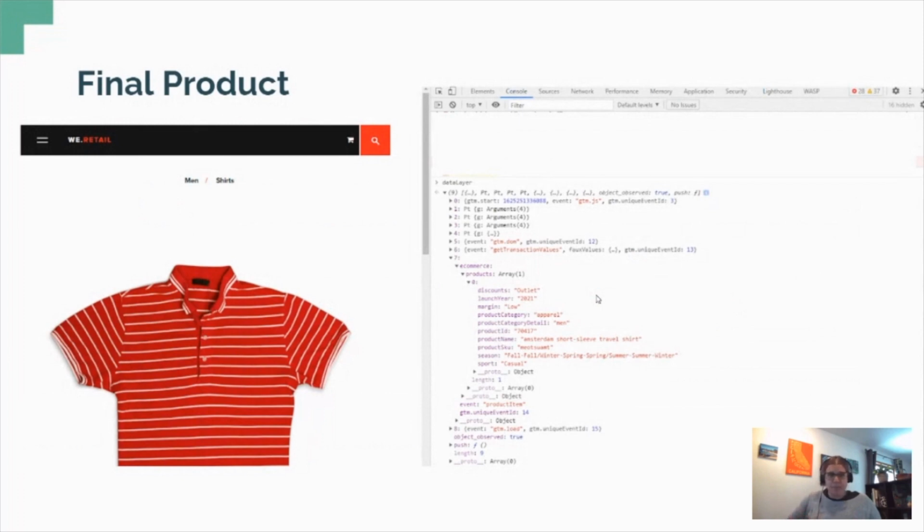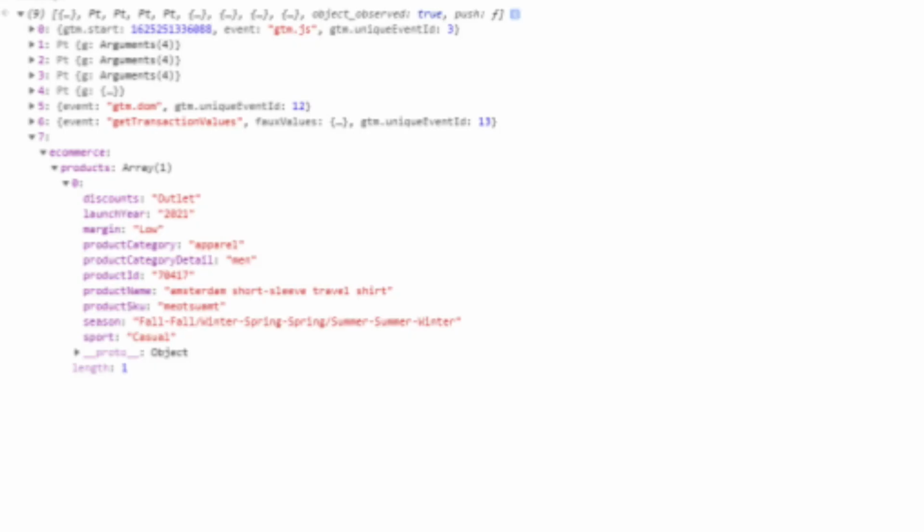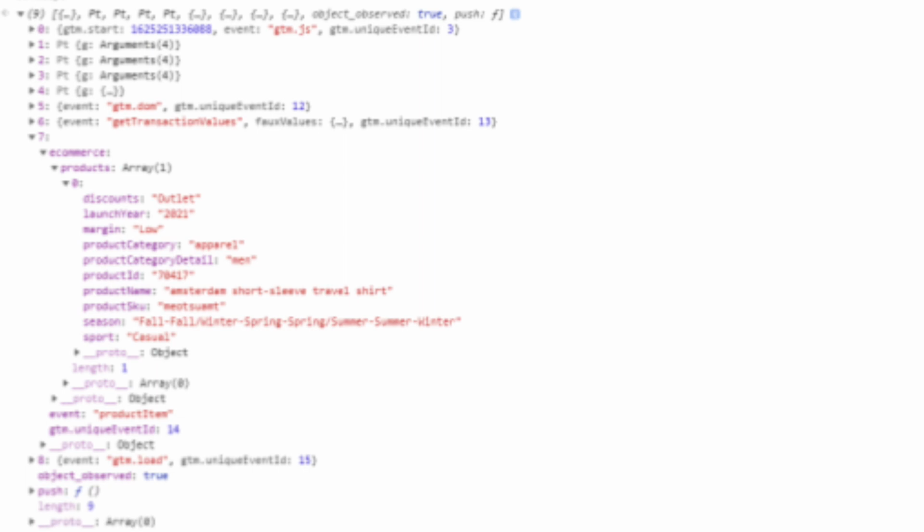I'm making that file public, then creating my data layer, whatever code block you need, and then deploying it on your site. You can see, clicked on the Amsterdam short sleeve travel shirt, values pop up, and then from here, off you go.